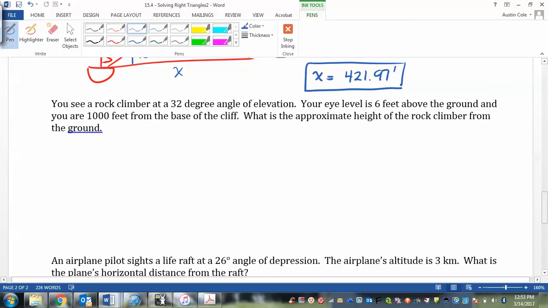Next one says, you see a rock climber at a 32-degree angle of elevation. Guys, here's your hint. Anytime it tells you how high your eyes are above the ground, you need to take that into consideration. So here it says your eye level is 6 feet above the ground, because this person, actually